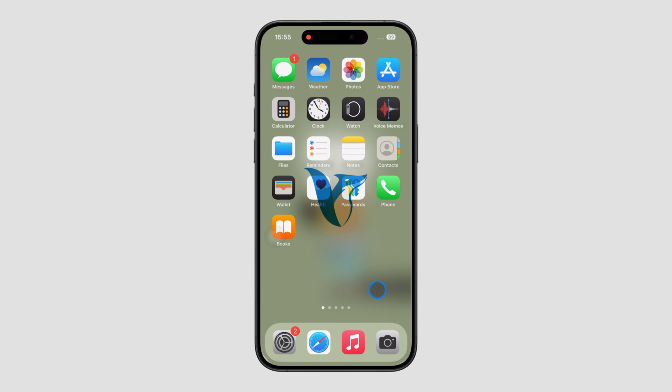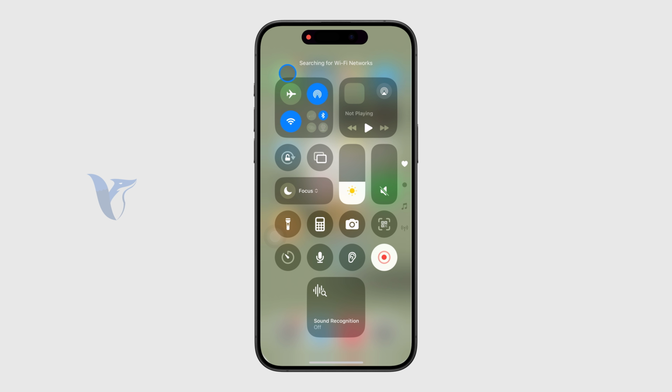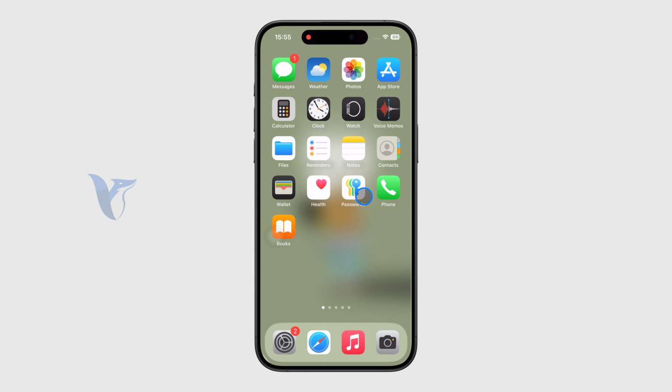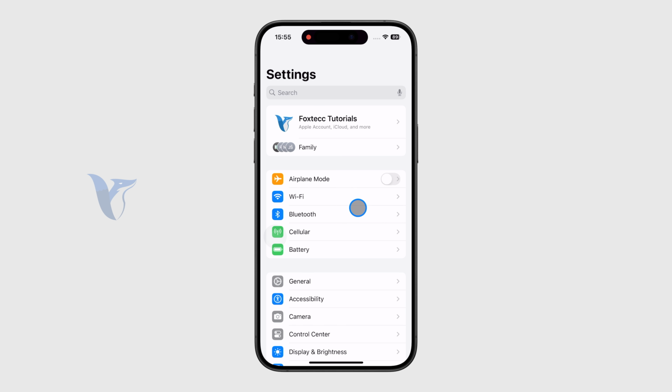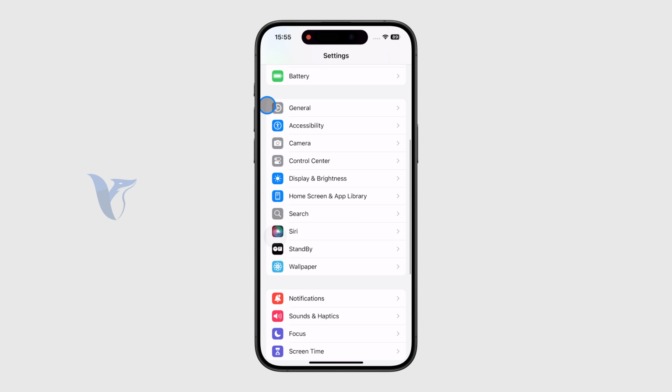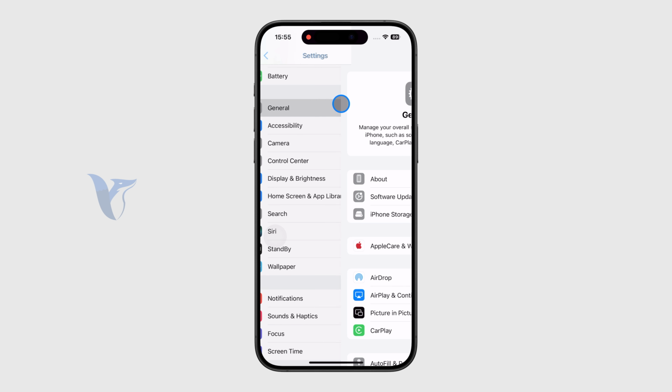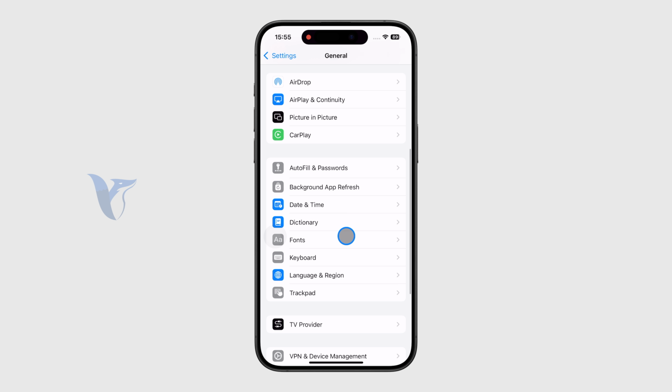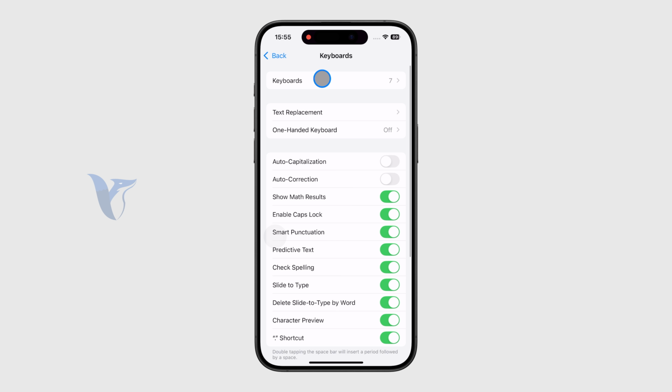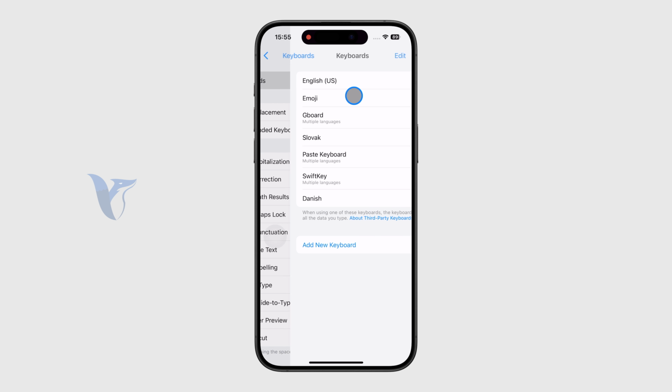So how can you add a different language keyboard on the iPhone? Let's get started. At first, it's all part of the settings app, so it has to be managed right there. Essentially just locate your settings, and on the main page, go to the general section where you can then find the keyboards. Just click on keyboard right there and press keyboards once again to see all of